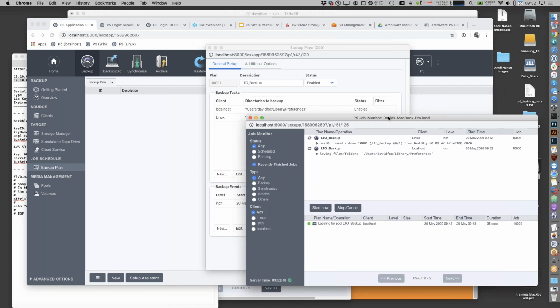So you'll see each one of those is now spinning, and this pool will allow data from multiple backups to be written at the same time. And we'll see some stats whilst these jobs are running, but they won't be running for long because these are not big directories. So you'll see in the job monitor, there will be 2 jobs running, one for each of